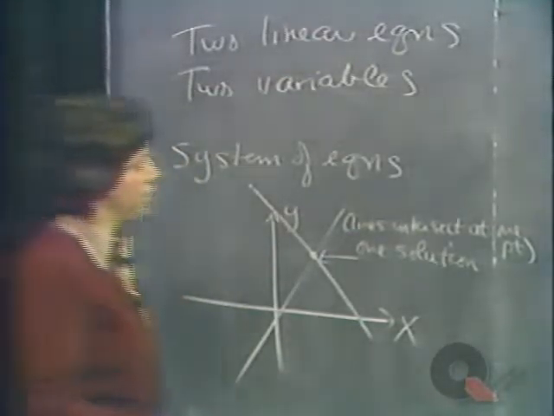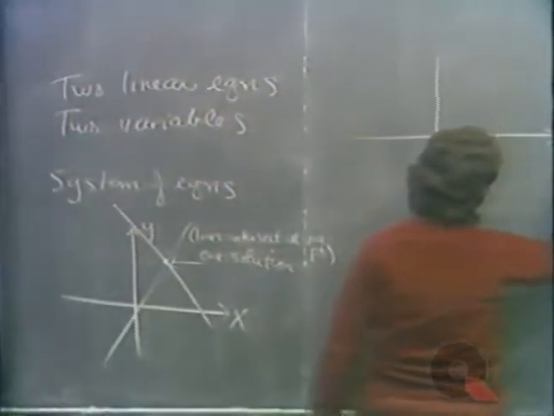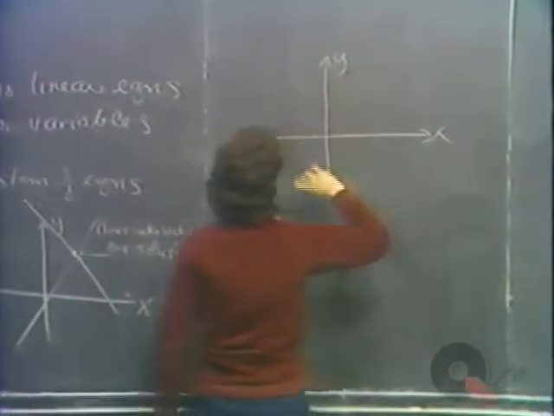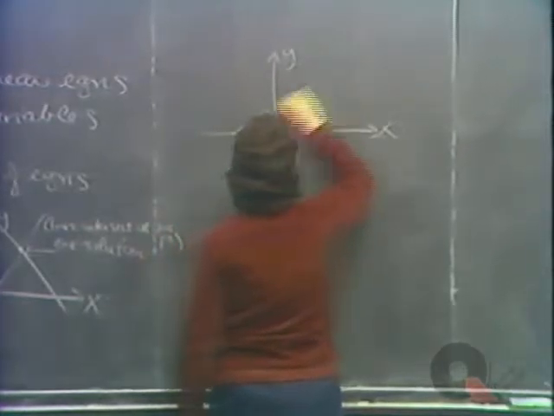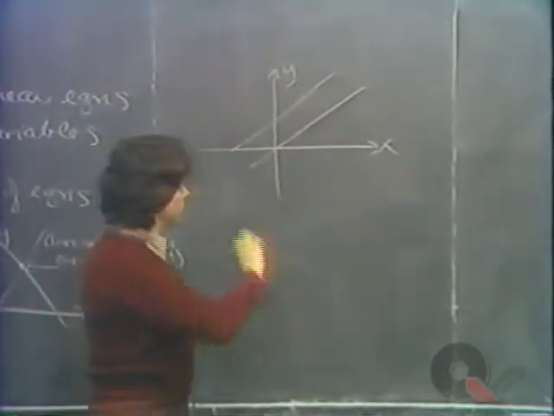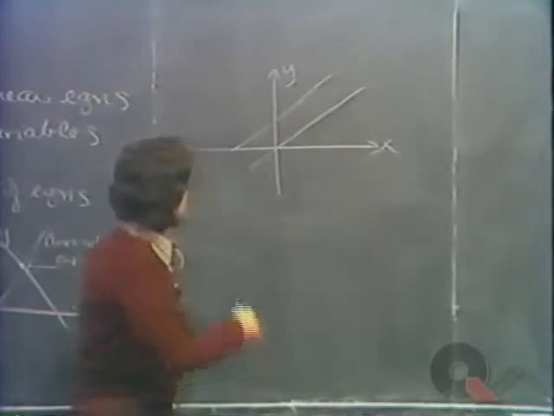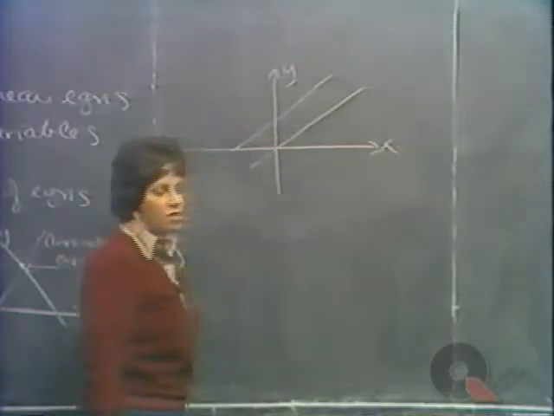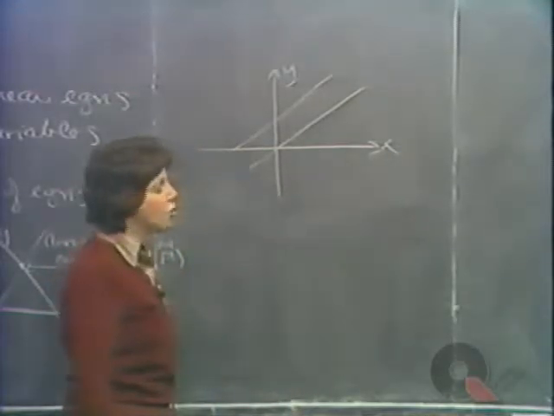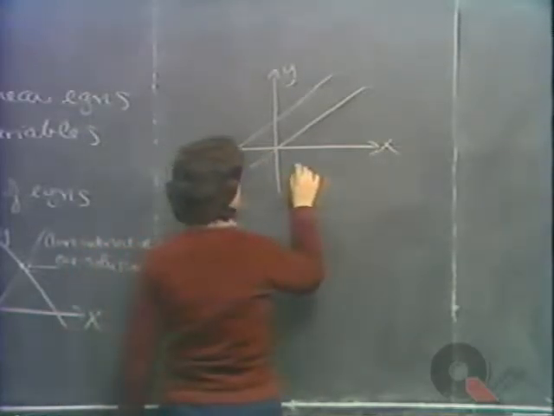Now, two other possibilities might occur. These are a little rarer. One possibility, the two lines might be parallel to each other. They might never intersect. Since the solution set would be the set of all points where the lines intersect, and they never intersect, there are no solutions to the system of equations. If the lines are parallel,